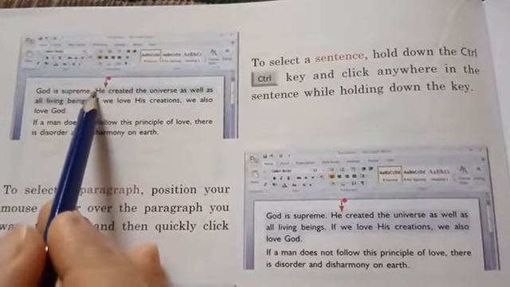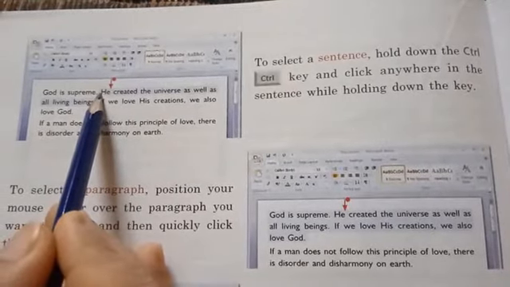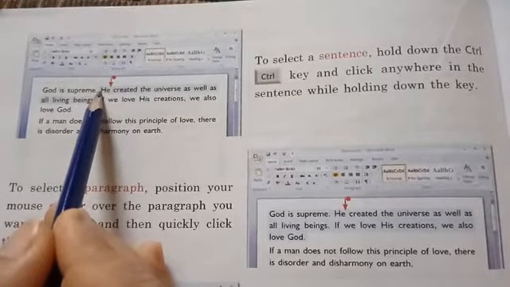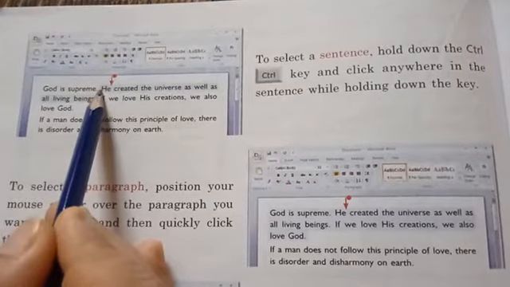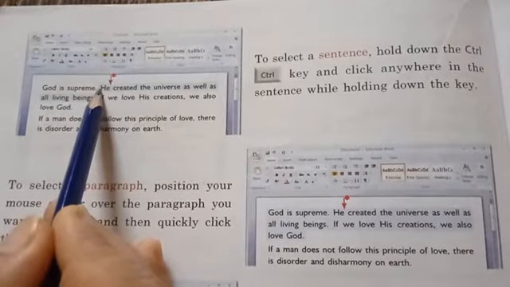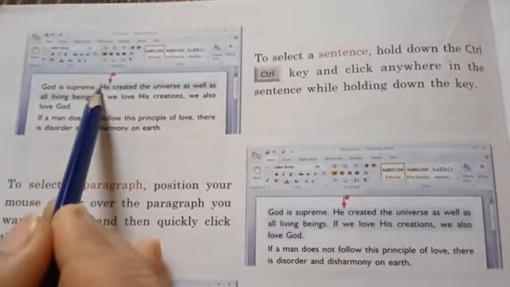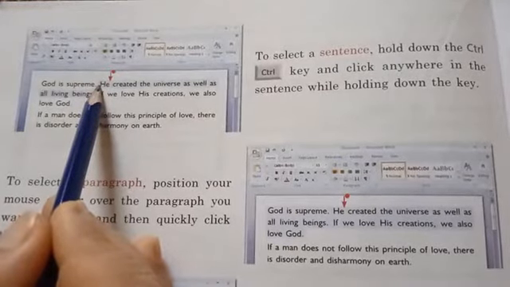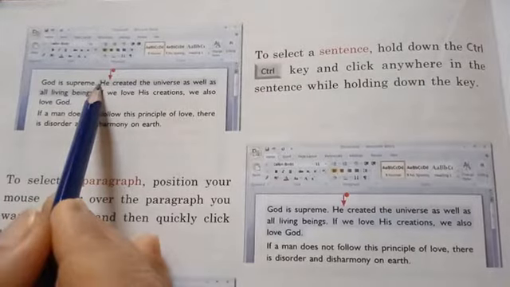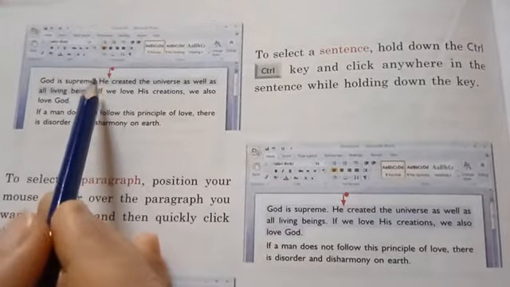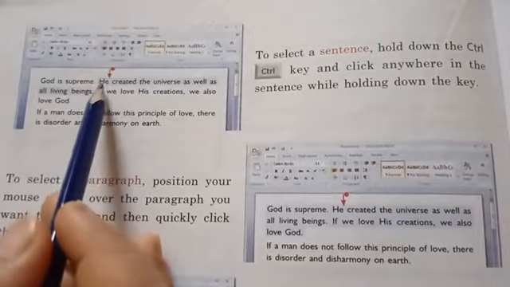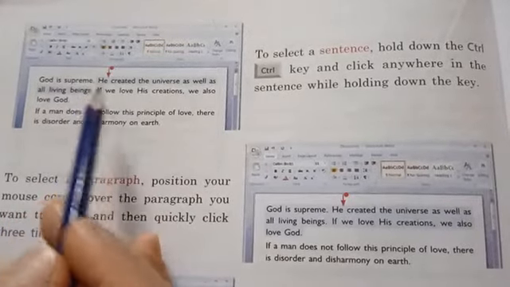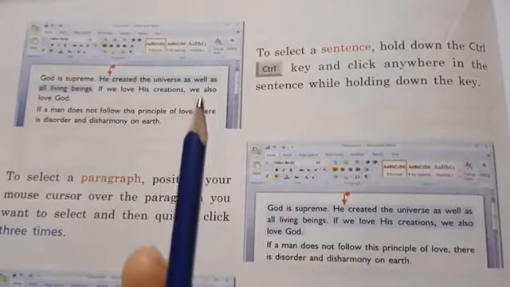First you have to take your cursor here, then hold down the Control key and click anywhere in the sentence. Or you can select it by pressing the left mouse button, holding it down, and then leaving it anywhere till you want to select.